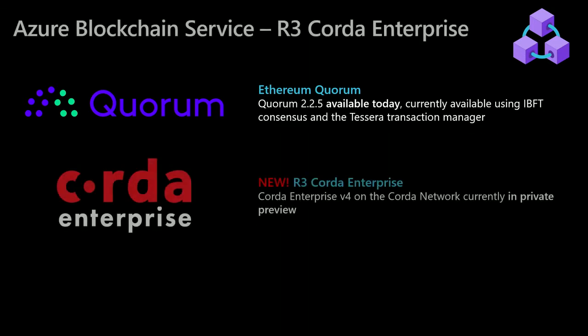So we've also added, a couple weeks ago, Corda Enterprise by a company called R3. It's another ledger. It's not based on Ethereum. It's a different technology. But it serves the same purposes and is a distributed ledger technology. Customers are using it, so we thought, let's adopt that.